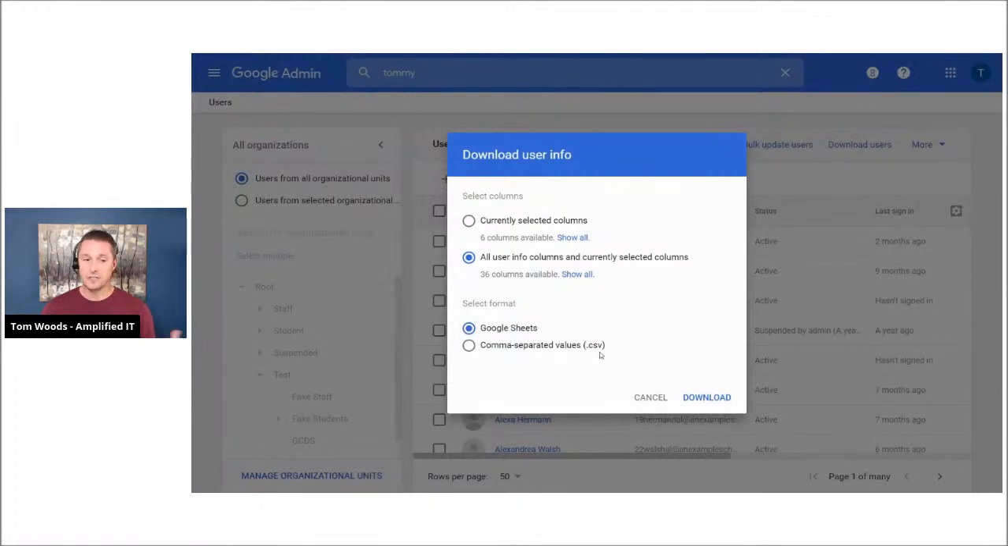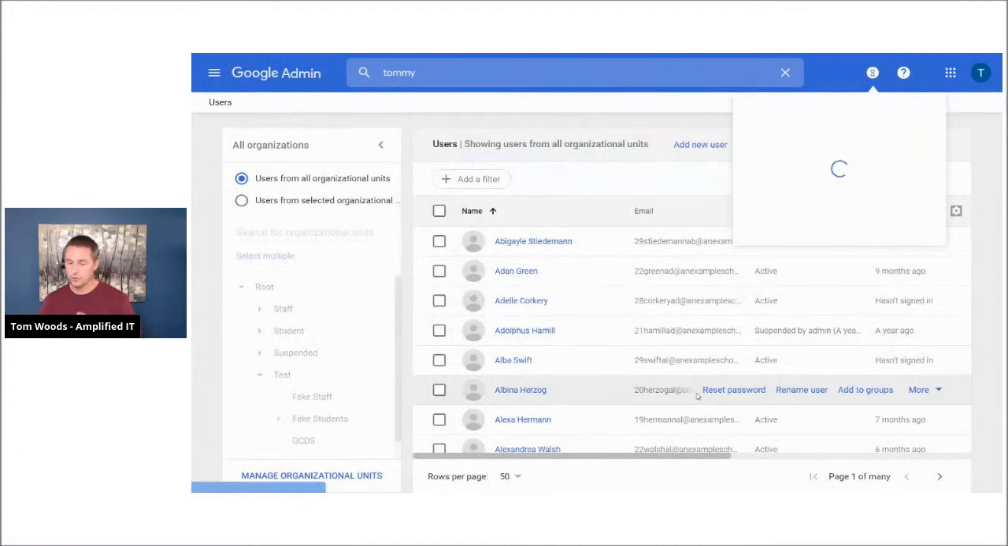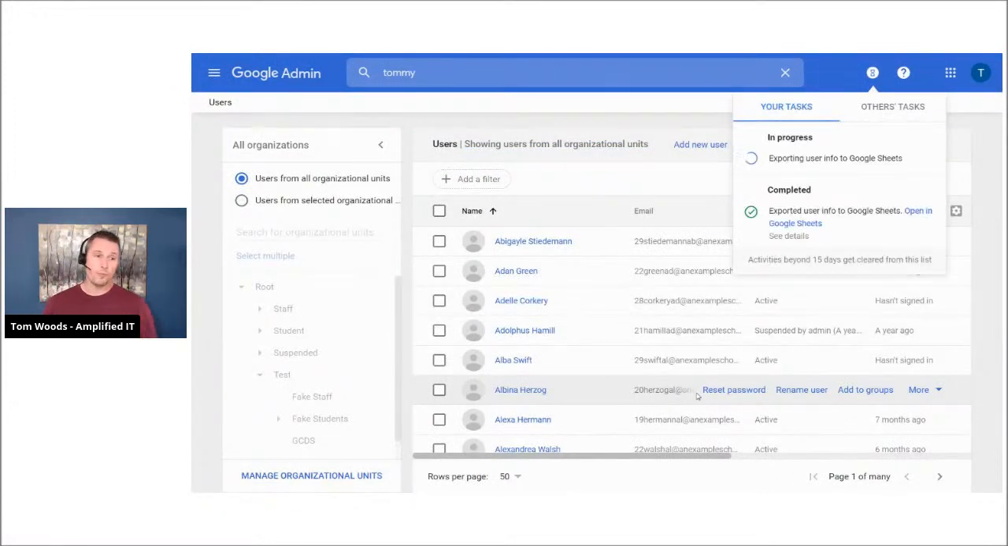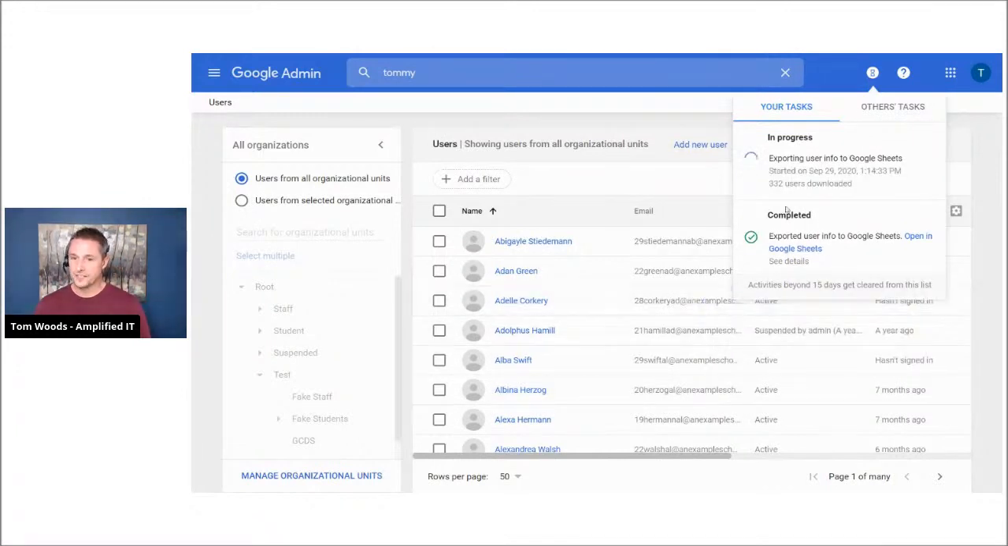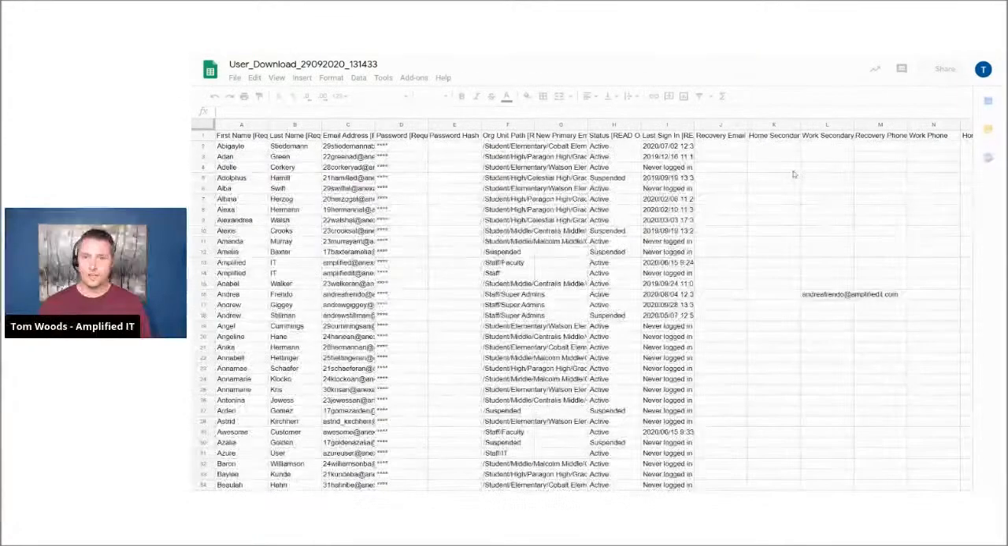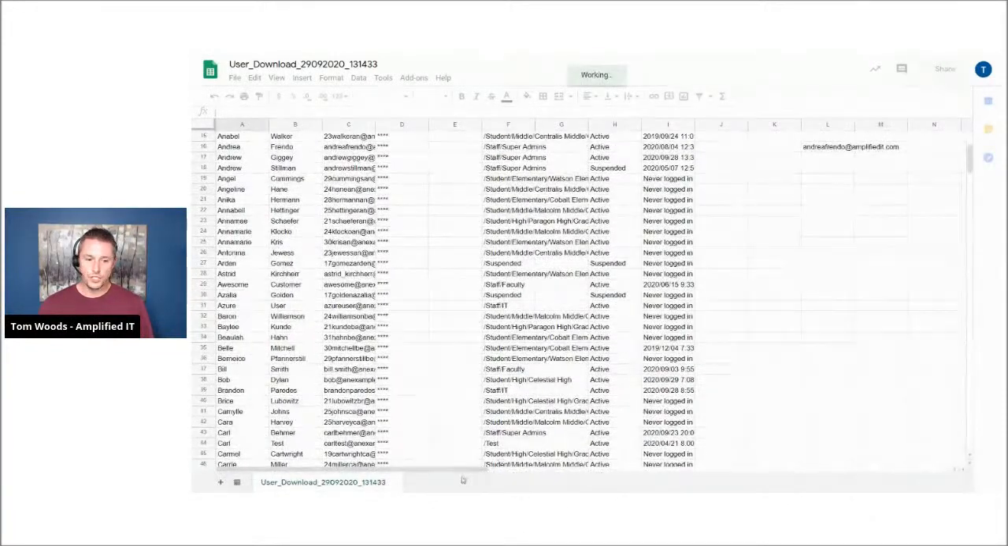If you want to do a CSV and you've got a local application like Excel, then you could edit it that way. You hit download, and it's going to generate, in this case, a report of all users in this domain, every single one of them. That's going to take just a few seconds here to complete in my situation, because my numbers are pretty small. Then we can open that in Google Sheets just to show you that real quick. And in Google Sheets,